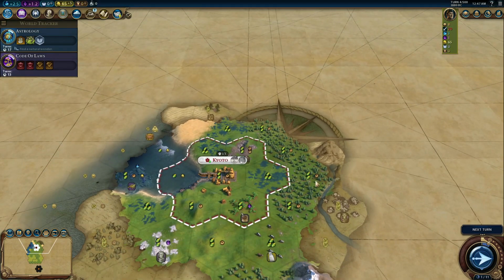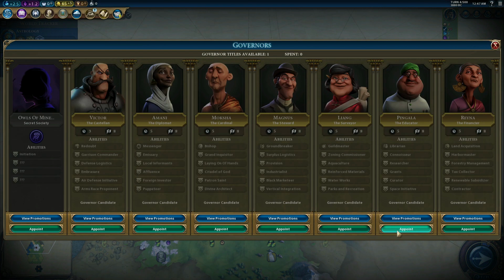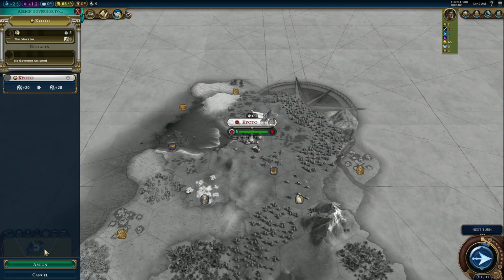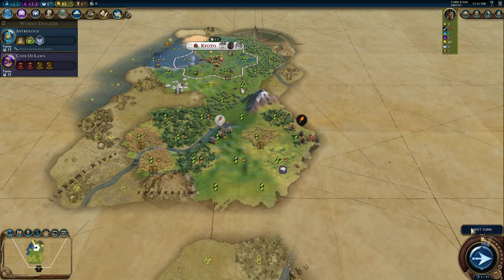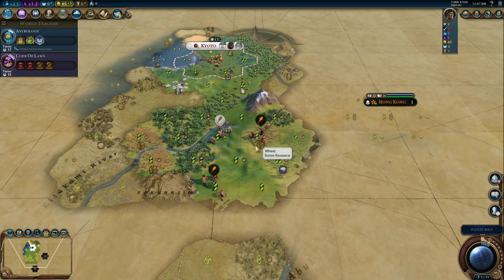I've got 1, 2, 3, 4 chops in this city, which are pretty strong. That's a lot, but I don't even have mining. So I think we can hold off on Magnus, go for Pingala. That's the safer play. Well, I also don't have a builder. Go for Pingala, get myself some science, and hopefully...